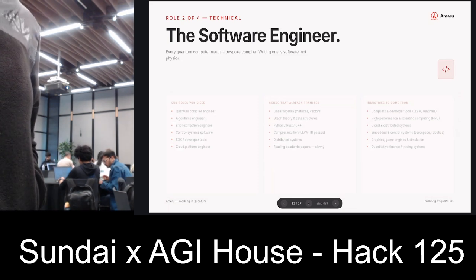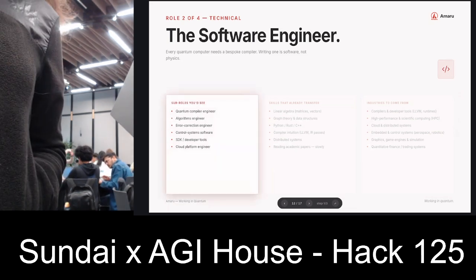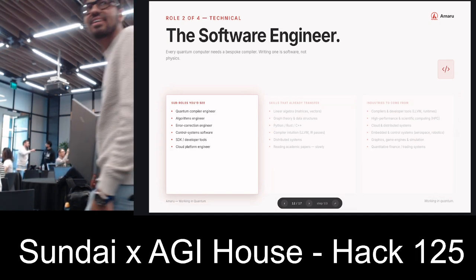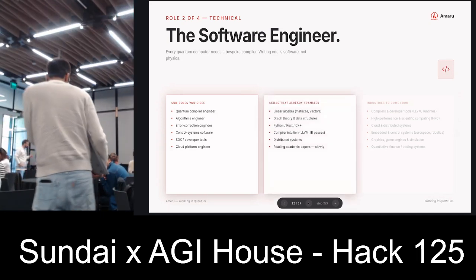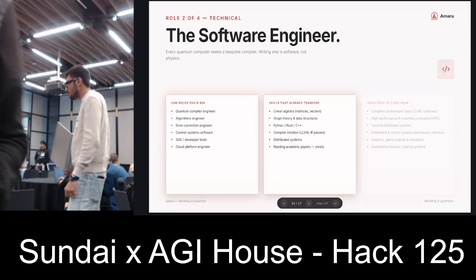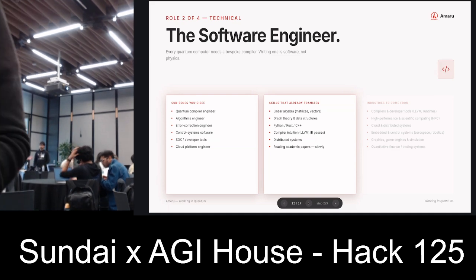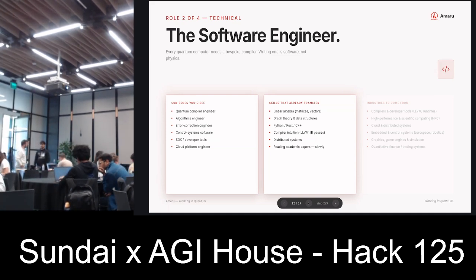The next, for sub roles, you would see quantum compiler, algorithms engineer, error correction engineer, control systems software, SDK developers, cloud platform engineers. So the skills that you need to do this stuff: linear algebra, graph theory and data structures, knowing these types of things, understanding programming languages like Python, Rust, C++, having some sort of working knowledge of compilers and being able to compile